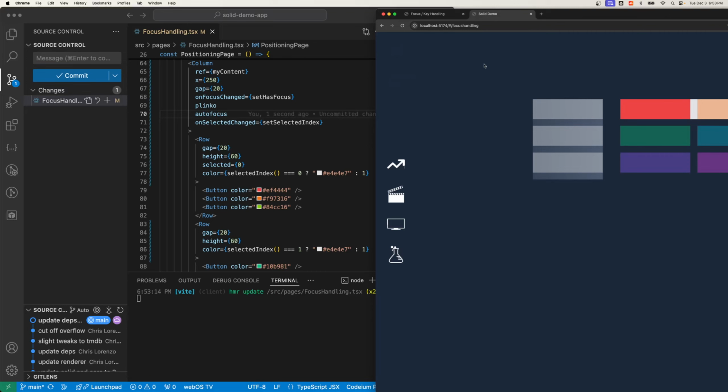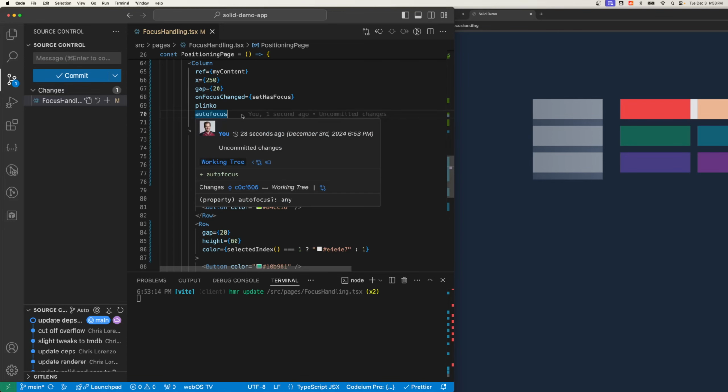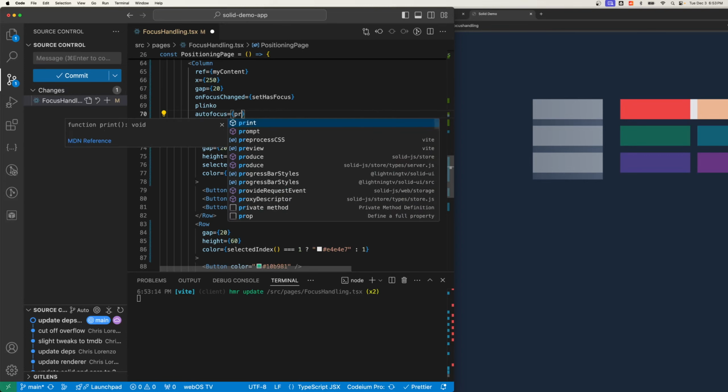One of the other things that I want to have is autofocus. There's two ways of using it. One, you can just put the attribute on there, and then when the page loads, it's going to call focus on that element. The other thing that you can do with this is autofocus can also take a signal. It doesn't have to be a has focus, but usually you want to set autofocus equal to like props.data.items. So if you have dynamic data coming in,